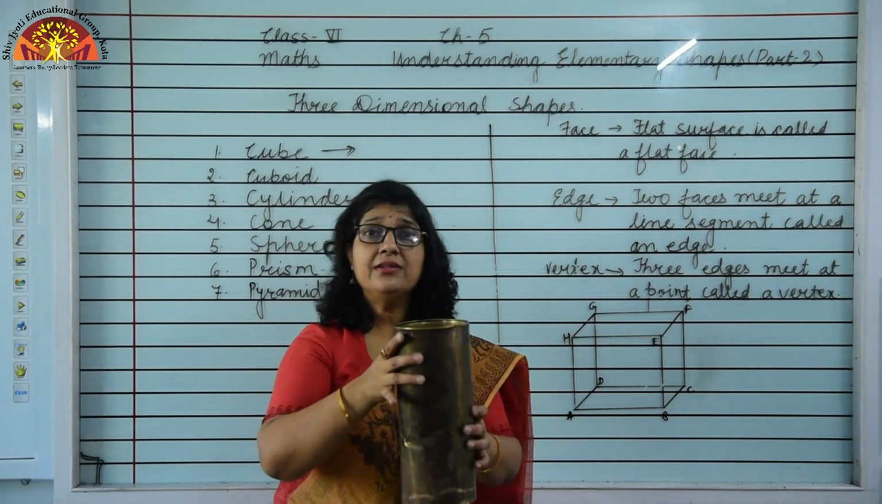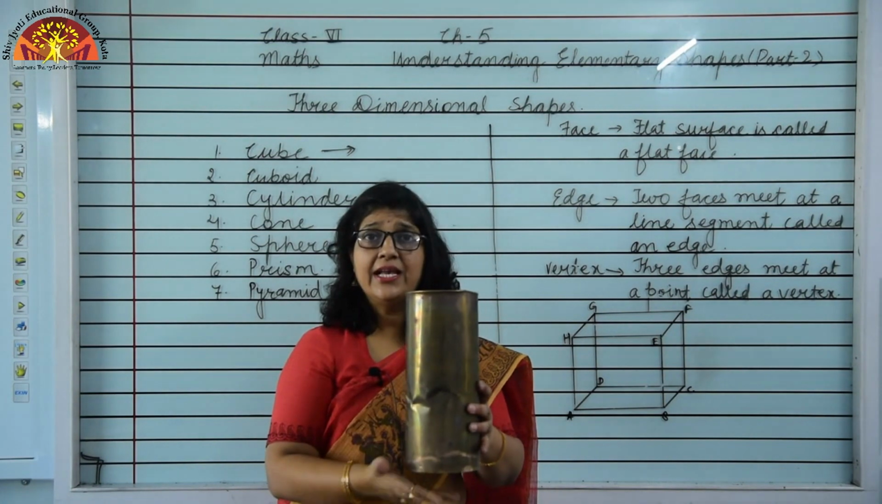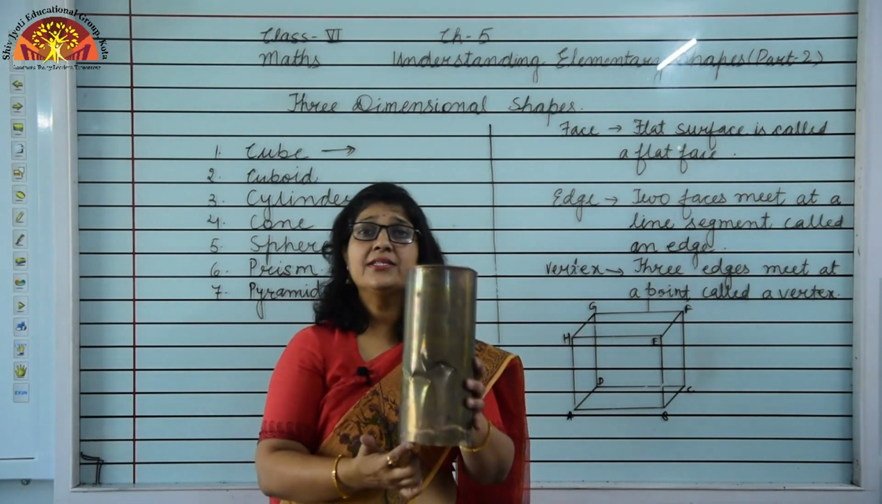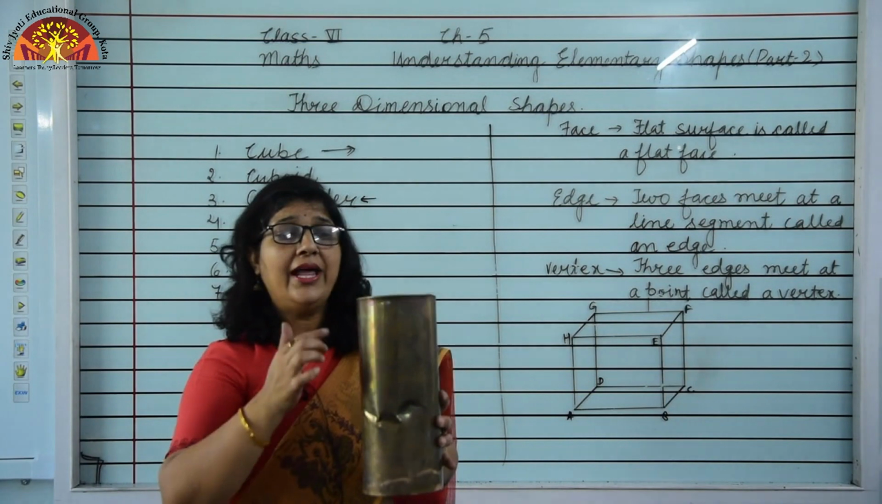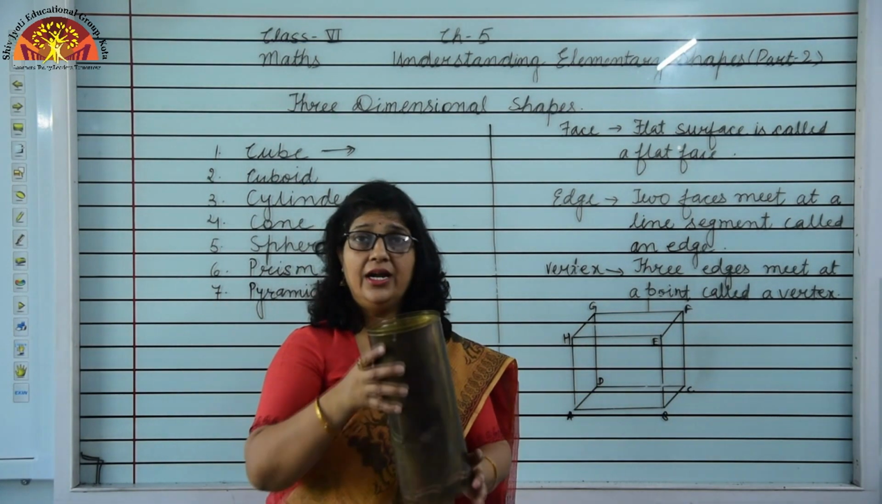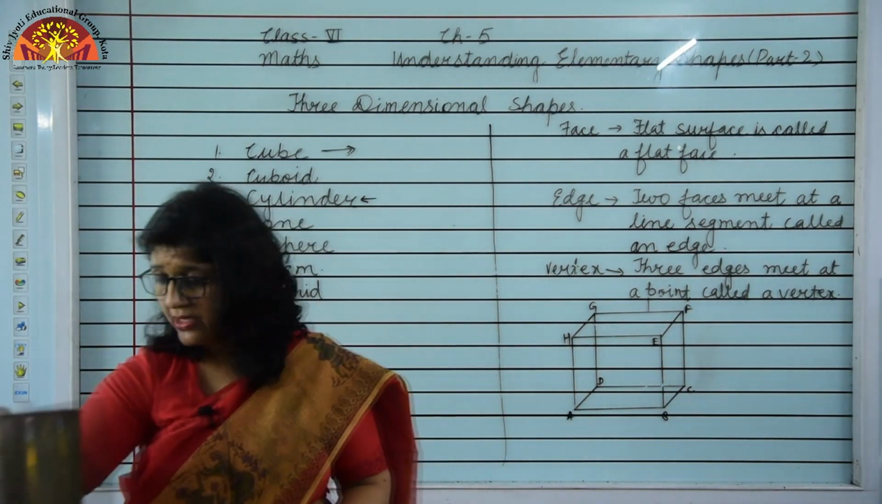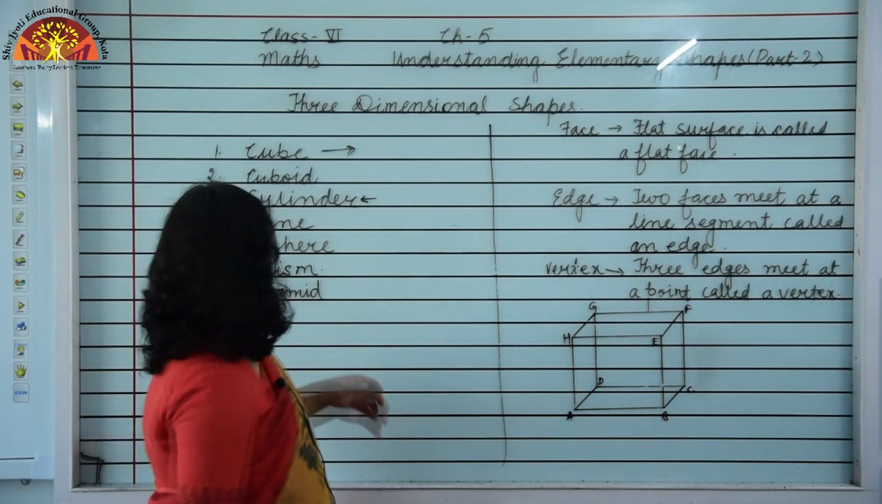Understood? So in a cylinder we have 1 curved face, 2 flat faces and 2 curved lines, or edges, and we have no vertices in cylinder. Understood? This is the shape of cylinder. Now students, next shape is, that is